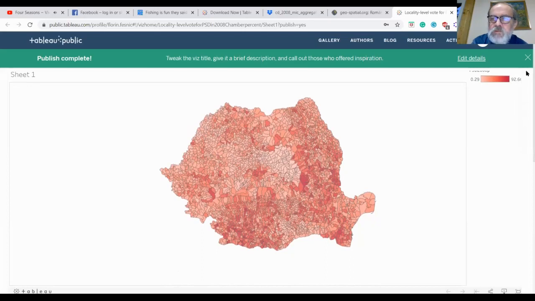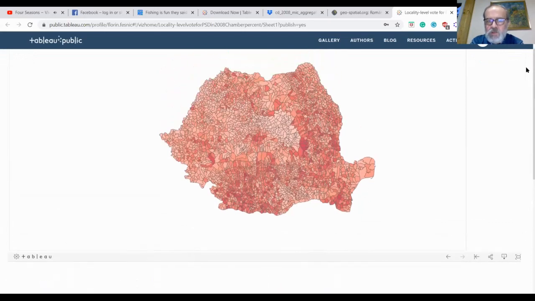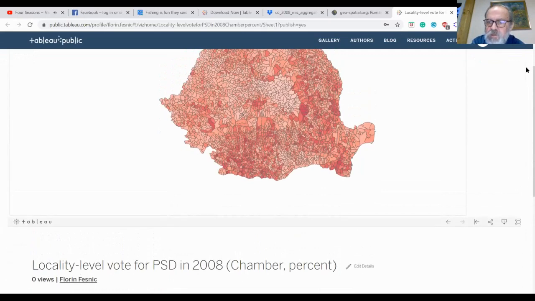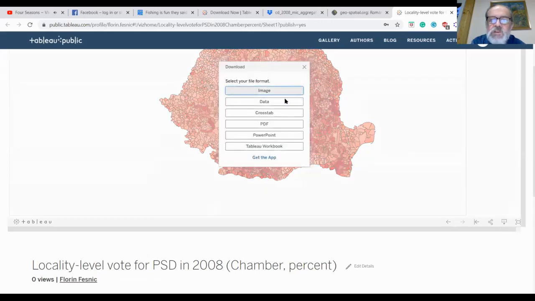And here, after you've saved your work on the Tableau Public server, you can also save it locally on your computer from the server. You see here, we have one button for download. And you can save it as image, data, I guess.